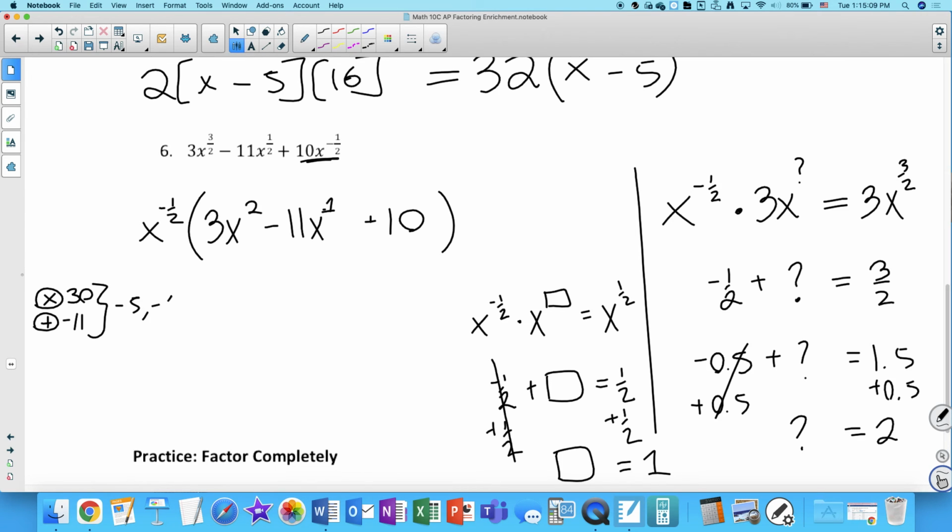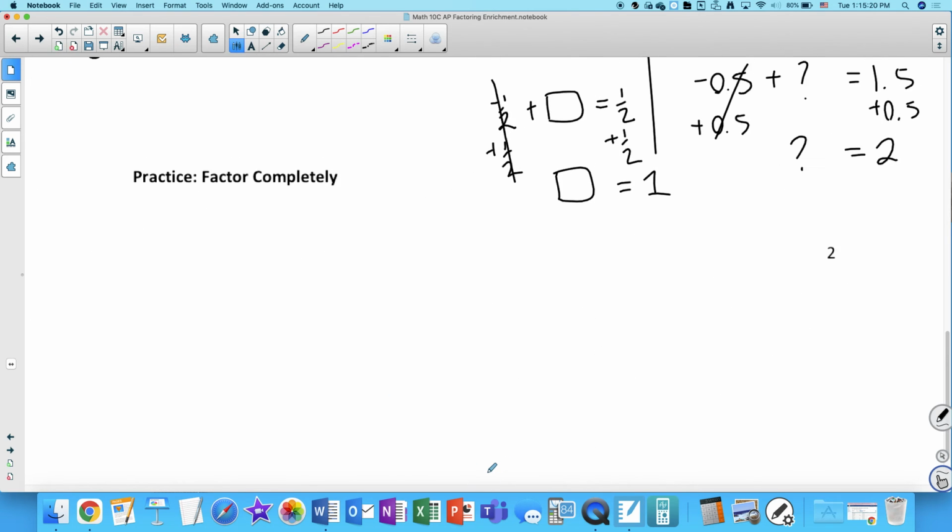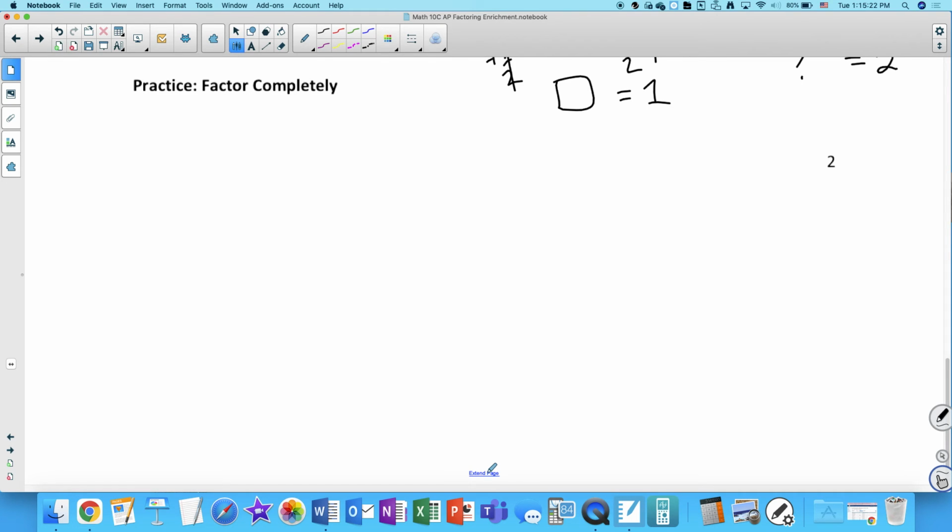Okay, so I don't have a lot of space here. I'm going to go down below and continue this down below. And what I'm going to do is just work on the trinomial part. I'm going to ignore the rest of it. So let's look at the 3x squared minus 11x minus 10. And I think what I'll do, because I already reviewed the box method,